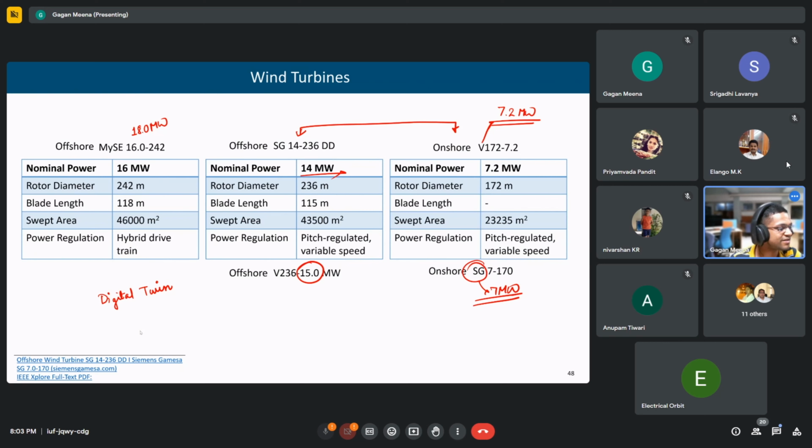They will have to reduce, otherwise they will be penalized. They will be given a time of 15 minutes, maybe 5 minutes, I don't remember exactly, but there are guidelines for that. If they are overproducing, then they will have to curtail it. They will change the pitch angle, and they will not operate at the maximum power point at that time. Their power output will be less than the maximum power point.